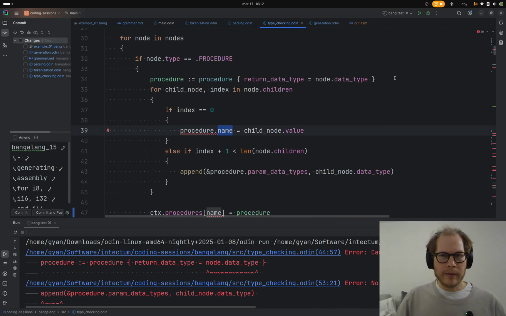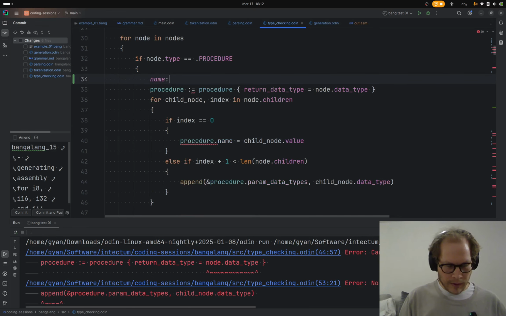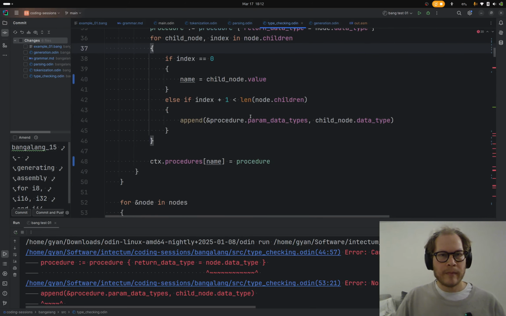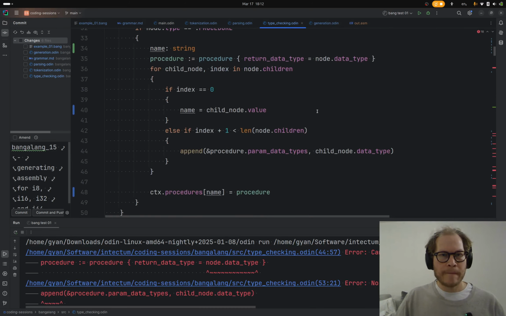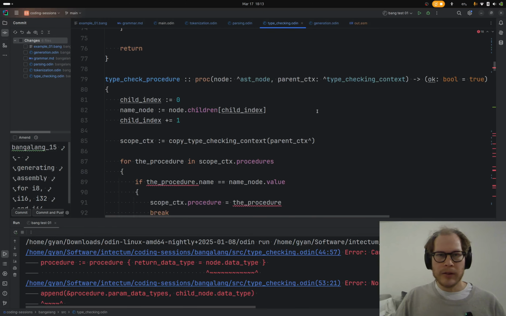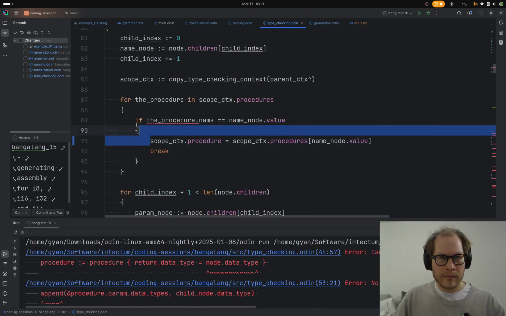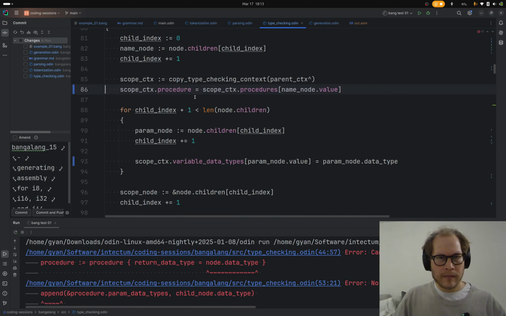So let's just make a variable called name. There we go. And so this should be simplified. This looks like we're searching for a procedure. So it'll just be procedures with that name. Yeah, that's why I'd been thinking about this for a little while. That's why I wanted to change this to a map, because this is basically how it gets used. So